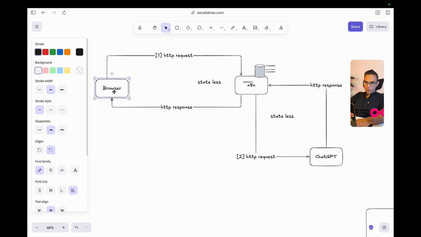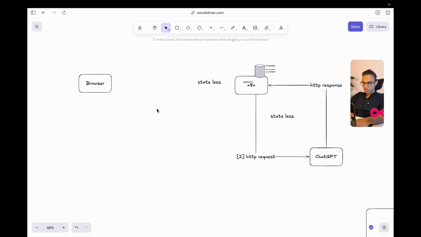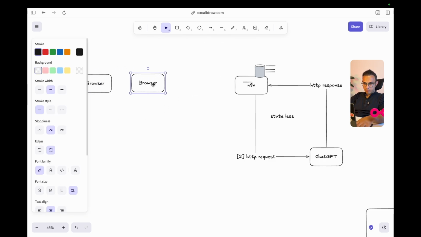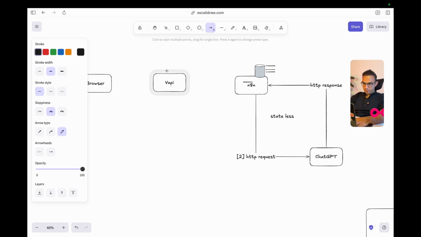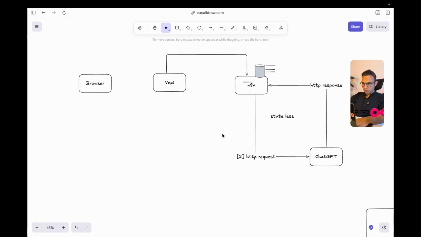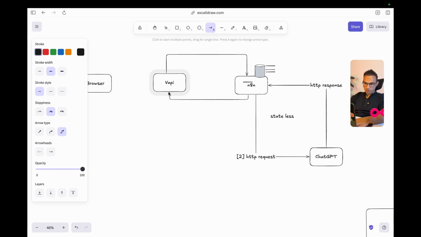But what if we expand this a little bit further? What if the browser, or the phone number, I'll just change it in a minute, sends something to Vapi. Vapi sends something, and since all of these arrows are HTTP requests and HTTP responses, I'm not going to rewrite them.